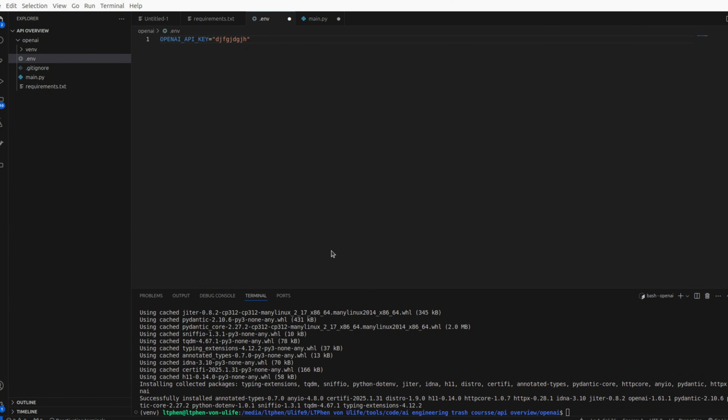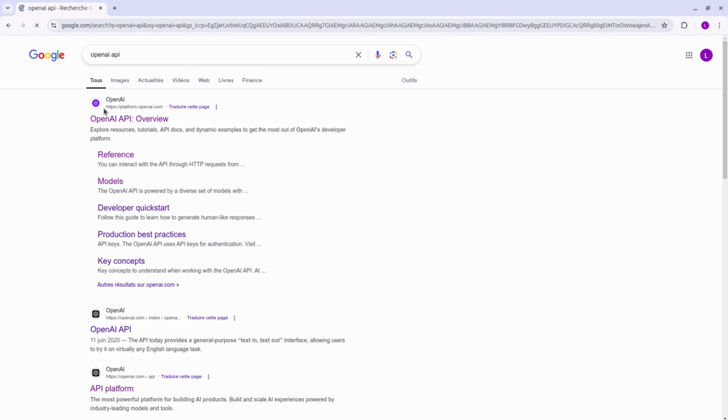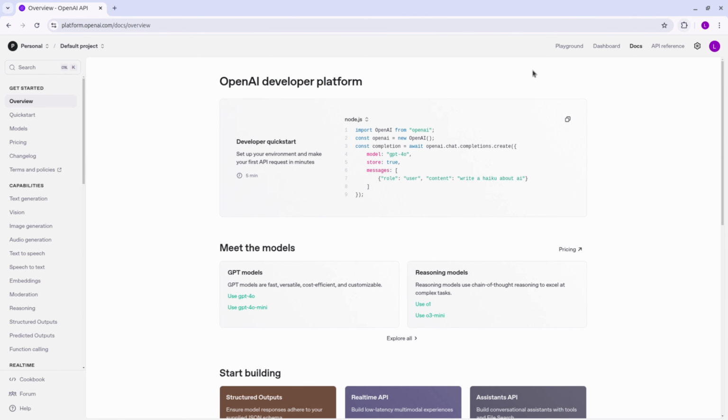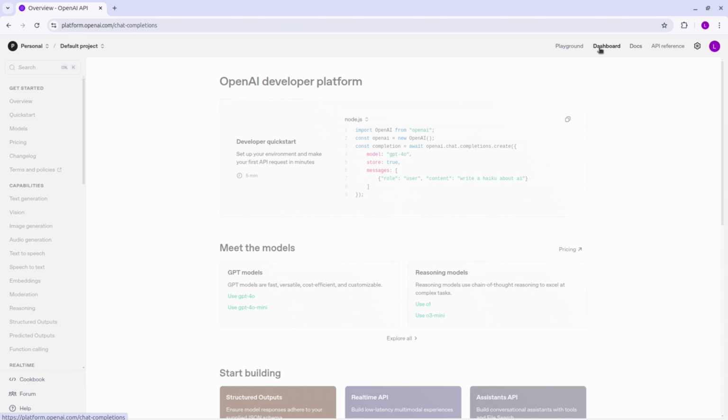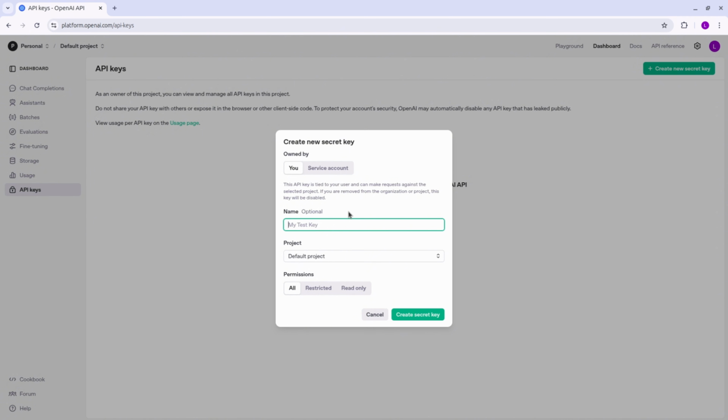So how do you get your API key from OpenAI? Quite simple. You go to OpenAI API, it will get you here. Normally I'm logged in, so you will have to log in, of course. And you go to dashboard, you go to API keys, and you create a new API key. You need to keep this secret because otherwise people will use your money to actually create their own AI. So just click crash course, create the secret key,